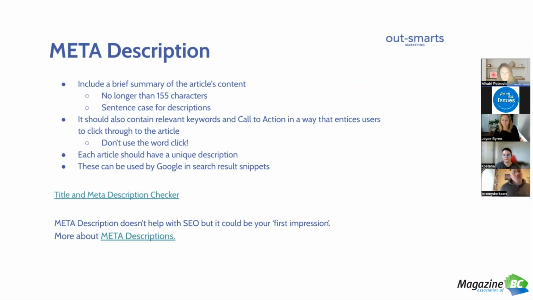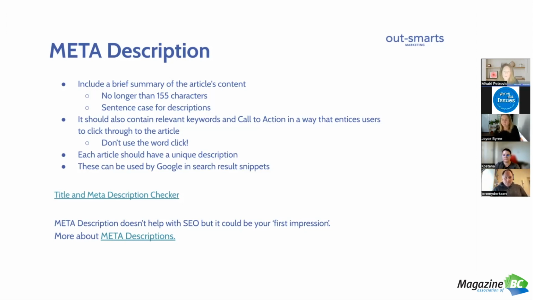Descriptions aren't a ranking factor, and Google doesn't actually take them into account when determining where your site is going to rank, but they're really important because they are your article's first impression. It's a preview and one of the first things that people are going to see about your articles. So if you're using keywords in there too, it helps to line things up. If I'm searching for something and I see the first thing that shows up in the results includes my keyword in the title and in the description, I'm more likely as a searcher to click through on that. So using the keywords in there too is going to be beneficial.